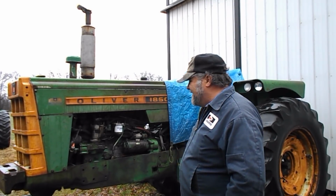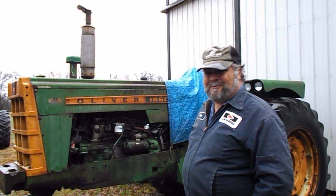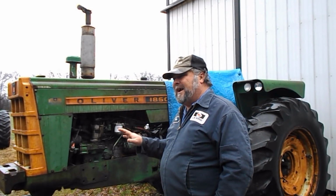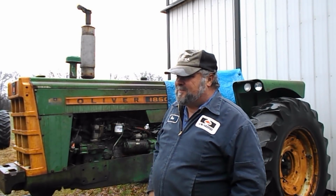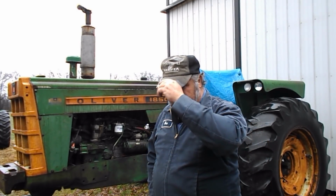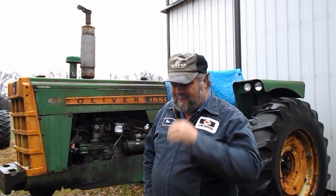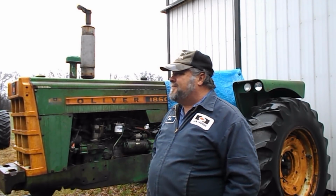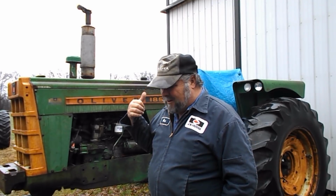But guys, I'm going to get out of the rain. I just kind of wanted to touch base on this, where it's at. It's pretty well getting back in shape now. The hard stuff is done. Now it's just change some oil and some filters, and going to replace the muffler probably. That one is cruddy as it can be inside,